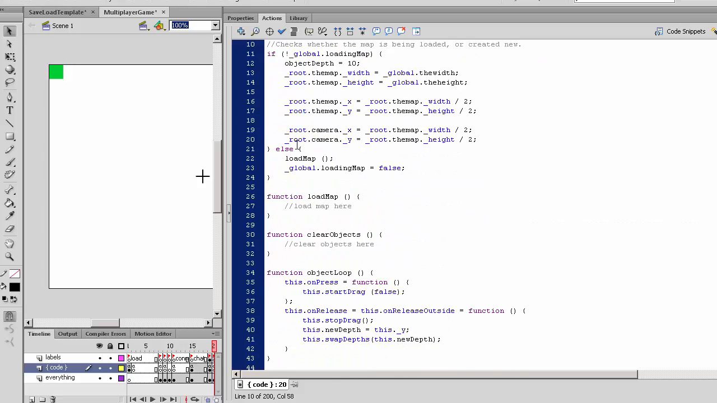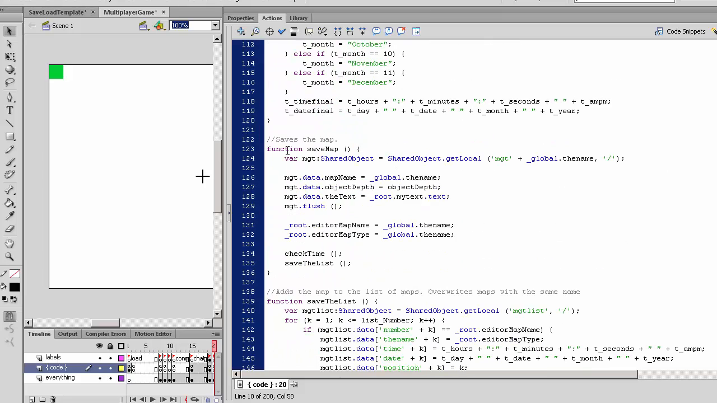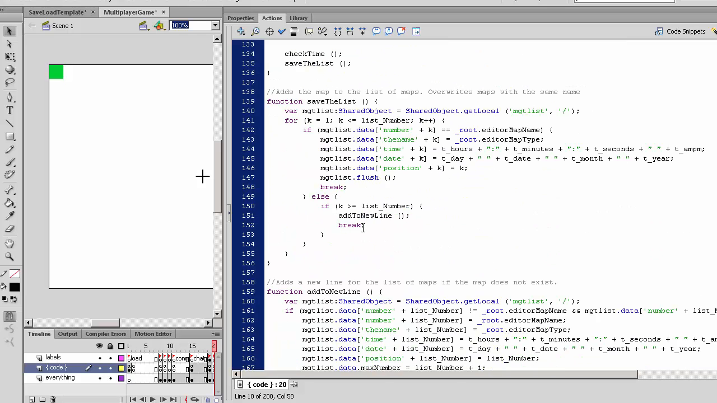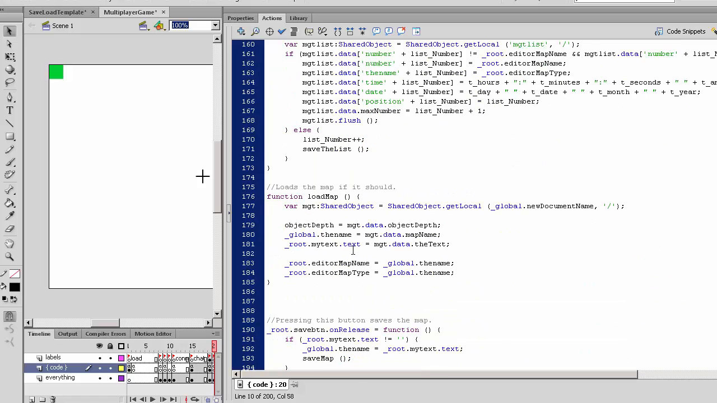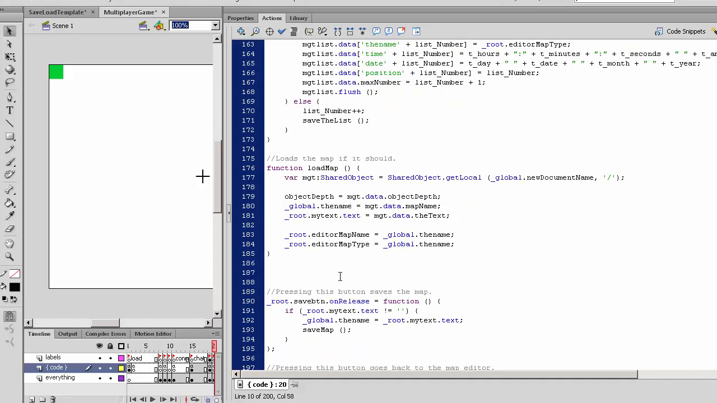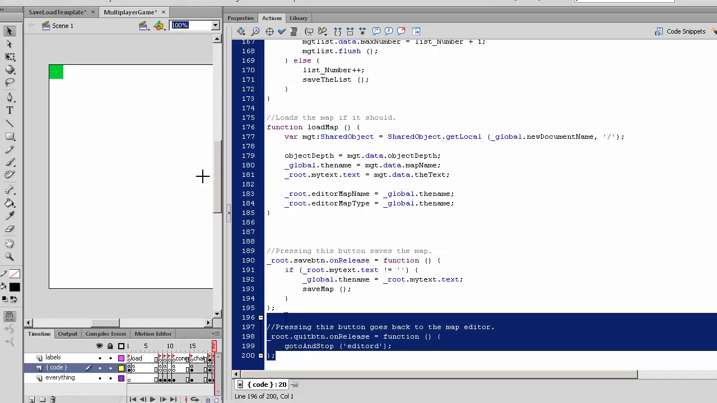Check time doesn't need to move that. Save the map. So it checks the time and saves the list. After we save the list, it can call to add to a new line. And there's the load map function and the save button, quit button. Take out the quit button